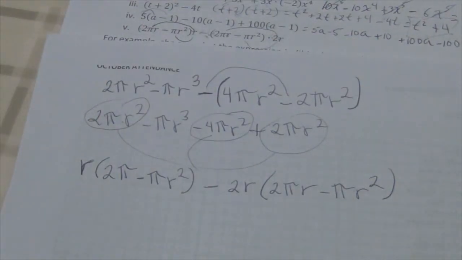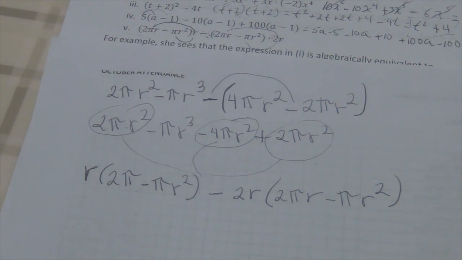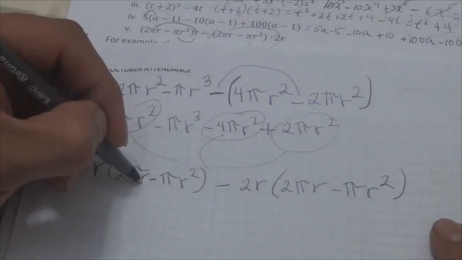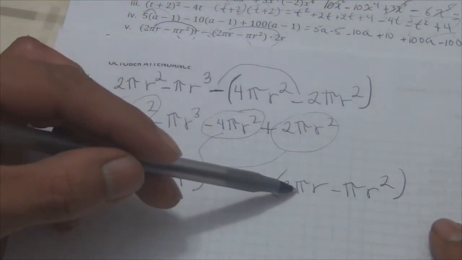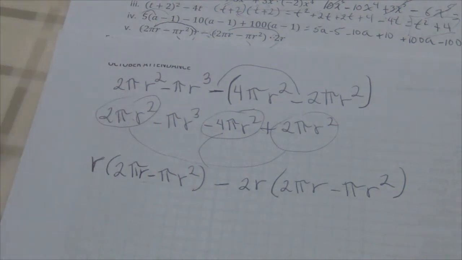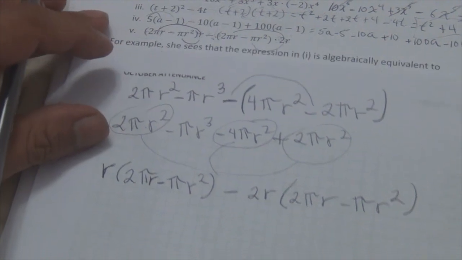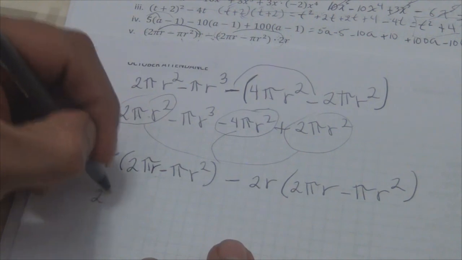So that's what I have, right? Okay, so now let us multiply. R times 2 pi, I forgot the r over here. Then pi r squared minus 2 pi r squared times 2r. Okay, let's see where my mistake was, because if I made a mistake, I made a mistake. I'm not perfect. So r times 2r squared, okay, so this is 2 pi,